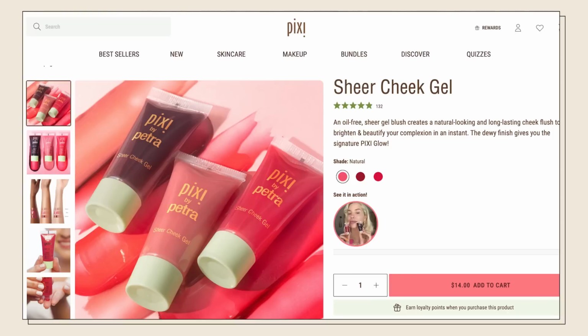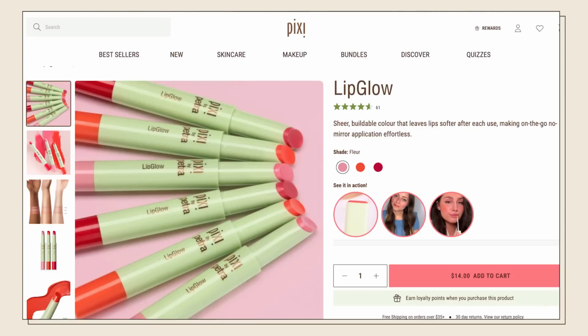Pixi Sheer Cheek Gel. This one just does not blend. You don't have a lot of time. It is that gel situation where you're scrambling to make sure the stain is not patchy, which stresses me out. It doesn't look that great. They have their deodorant type click up sticks of gel blush that are beautiful. It's like a gel cream. Those are great. This one is a pass,